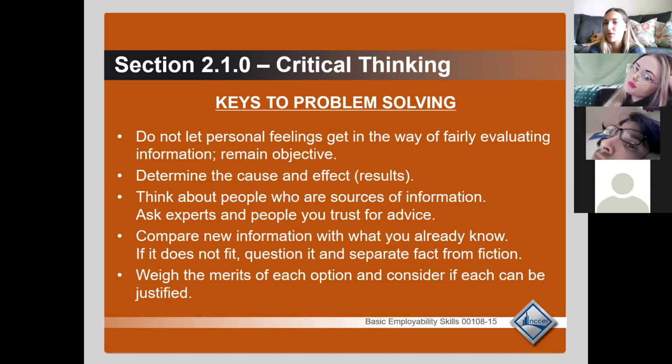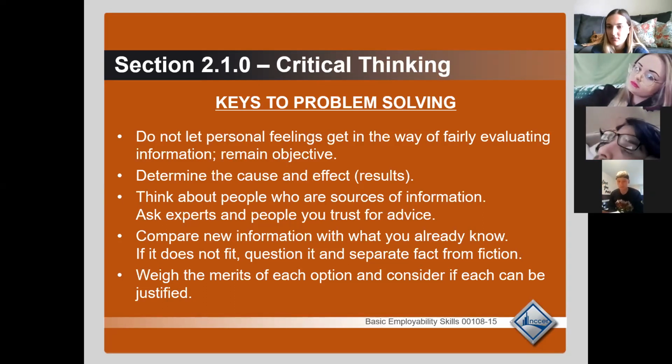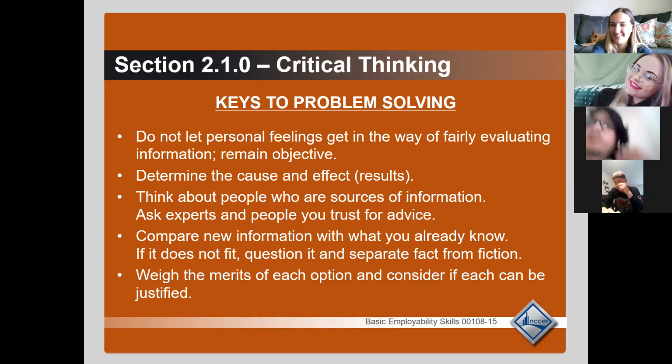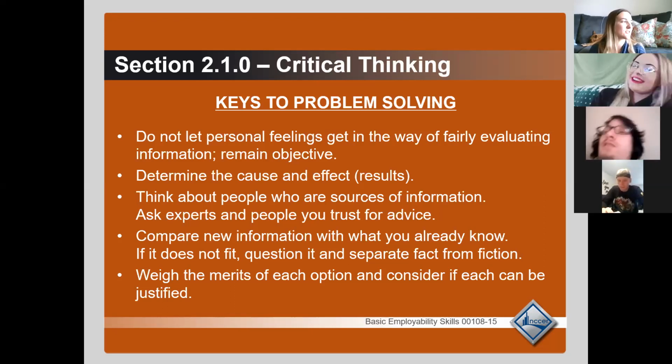Who feels like they have a pretty good grasp on problem solving and troubleshooting in their life? Who thinks that they do? Yeah, kind of. Is there anybody that really thinks they need to work on their problem solving skills? Definitely me. Definitely you. Okay, why do you say that? What do you think are certain things you could work on with problem solving?